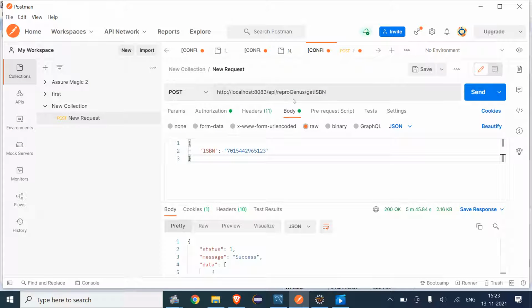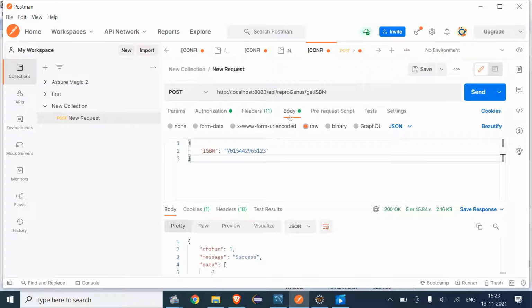This is the default address. This 8083 we can find in the application properties of that particular project. That is the port number on the basis of which the localhost can be run. Then after that we have to provide the